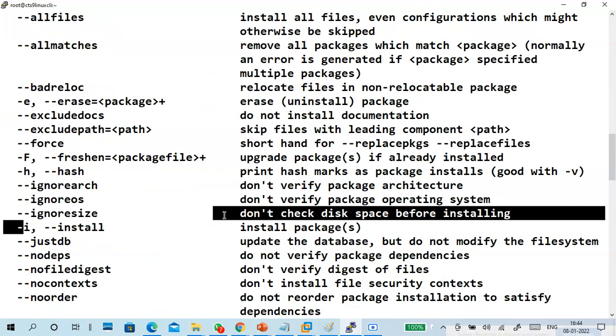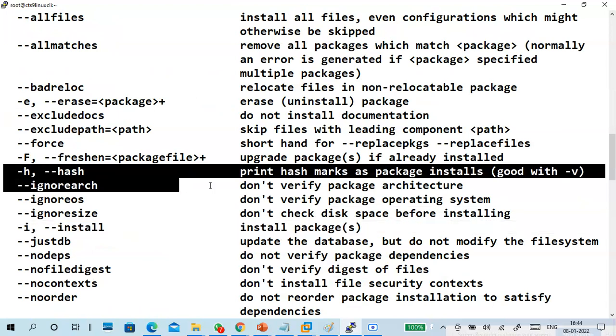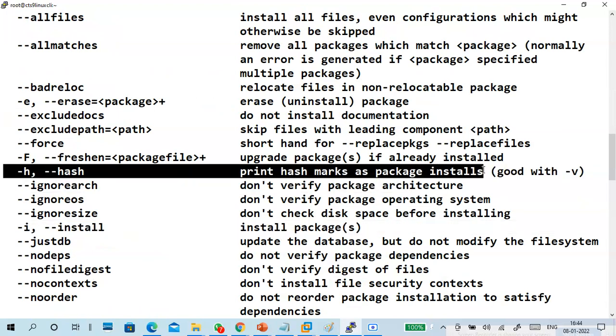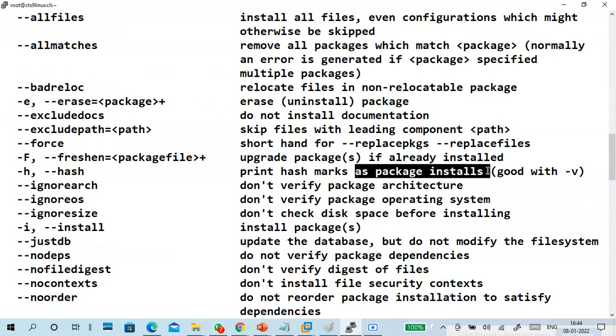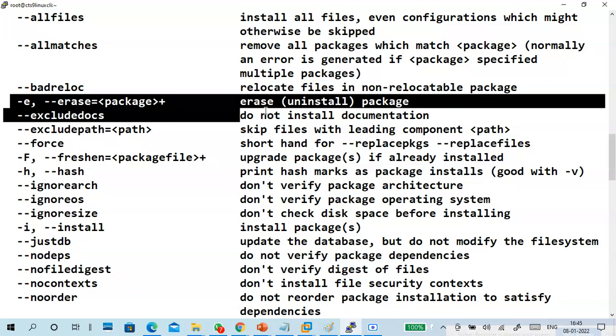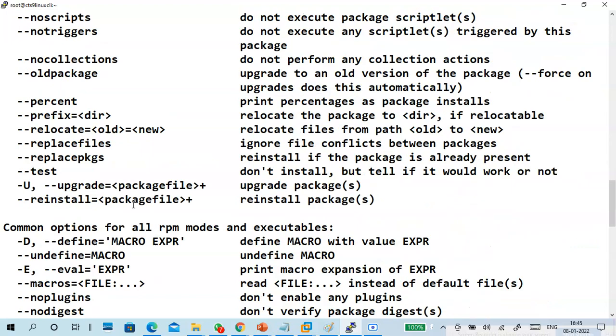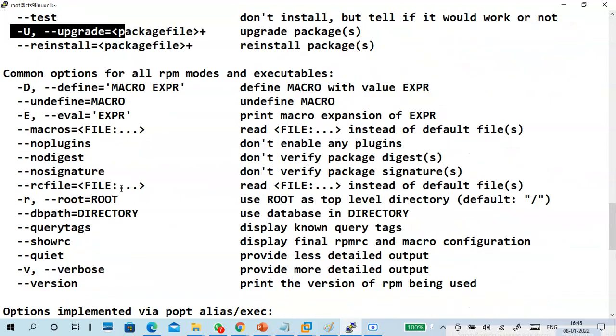I is for installation. H is for hash marks as a package is installed, good with hyphen v. Hyphen e is for uninstalling a package. Hyphen U is upgrade.